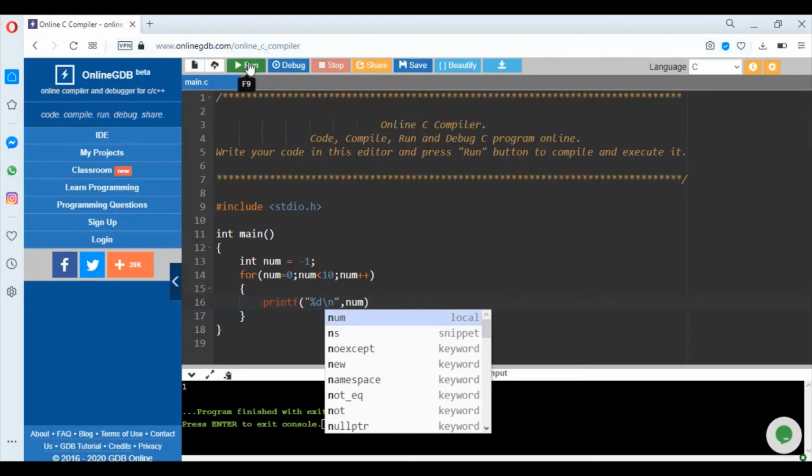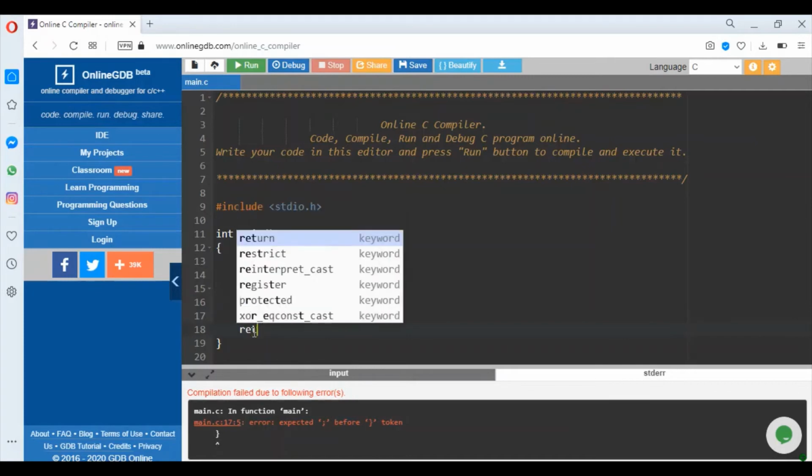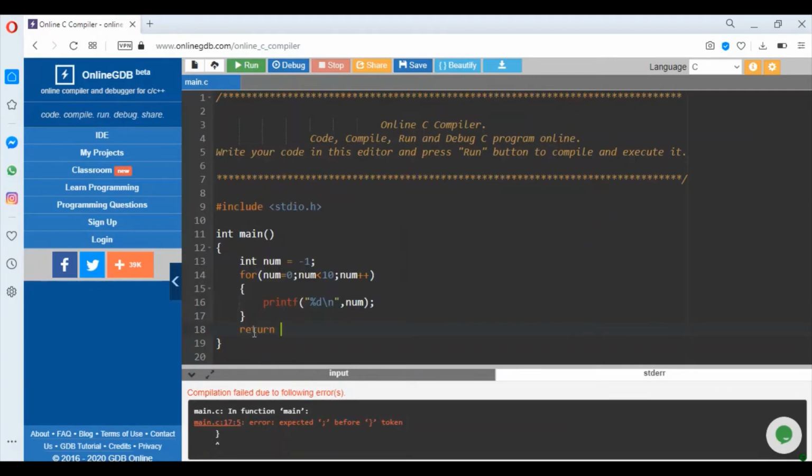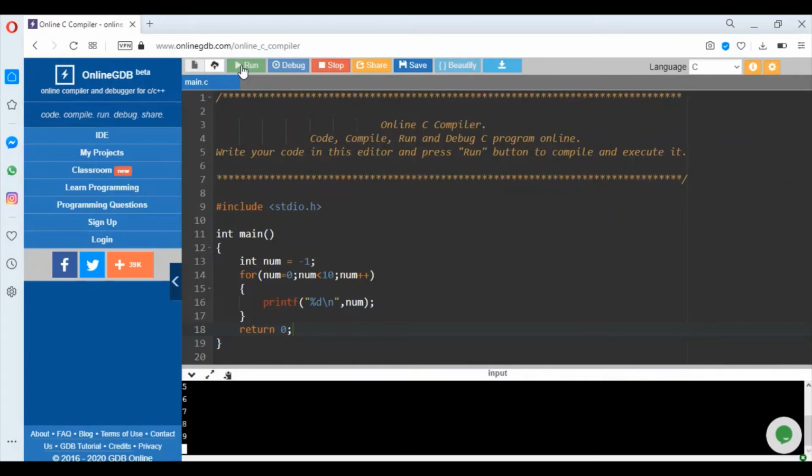So let's run this program. Oh, I have not put a semicolon here and return 0. Now it should be fine. Now see what it has done.